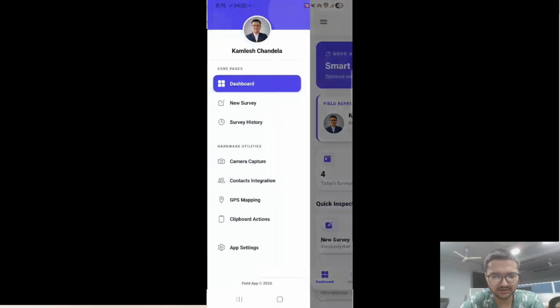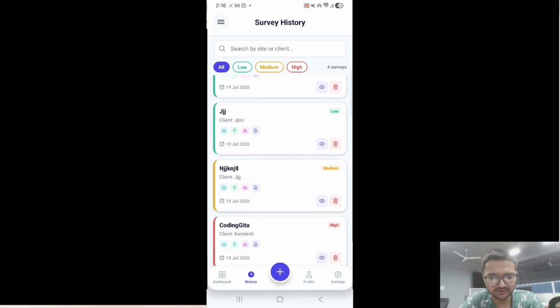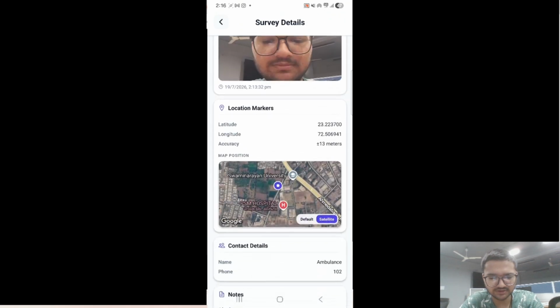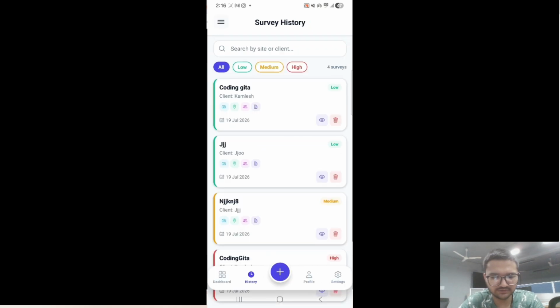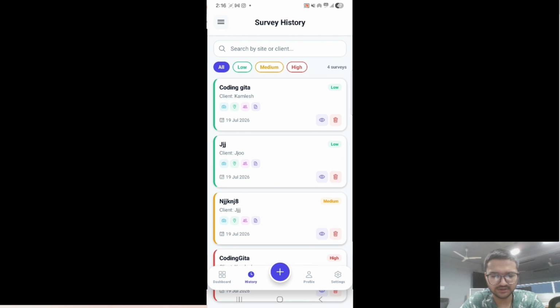Now we see the other parts of the drawer, like new survey, then survey history. On this page all our survey history is available, like our new survey and other surveys, all stored in local storage of your mobile.